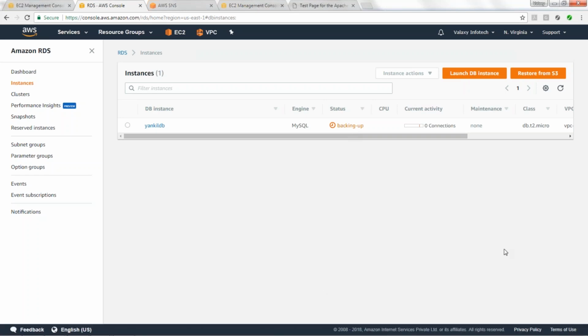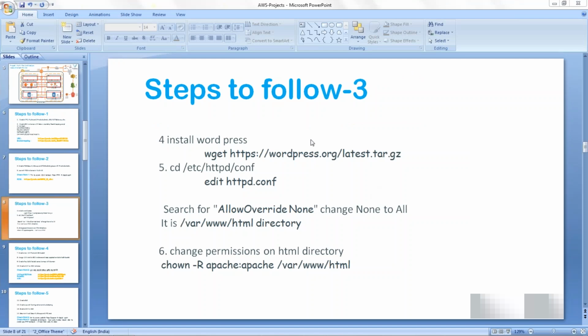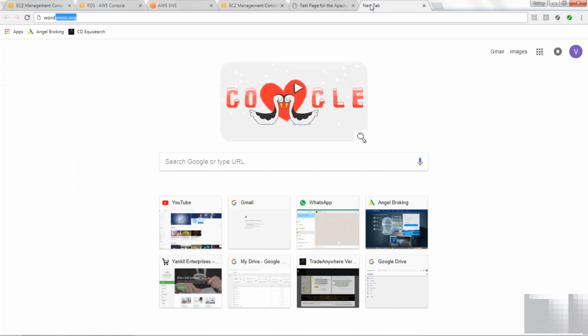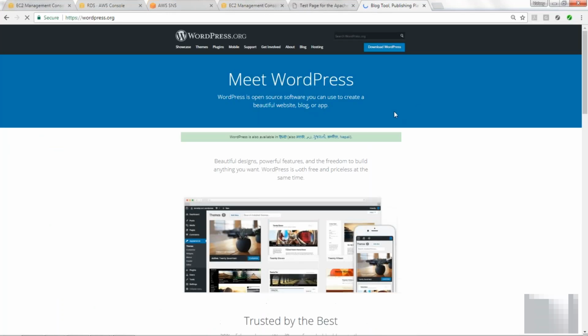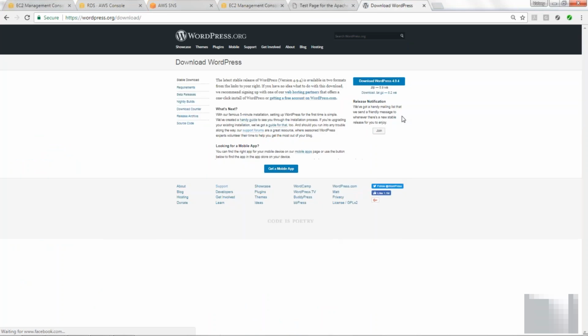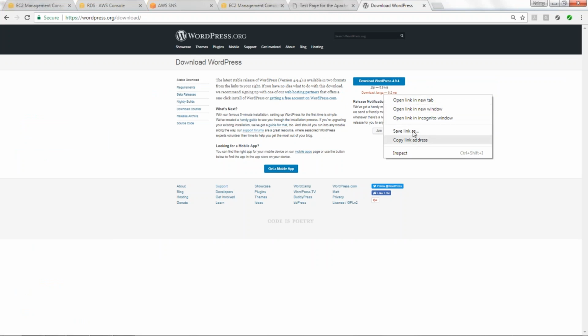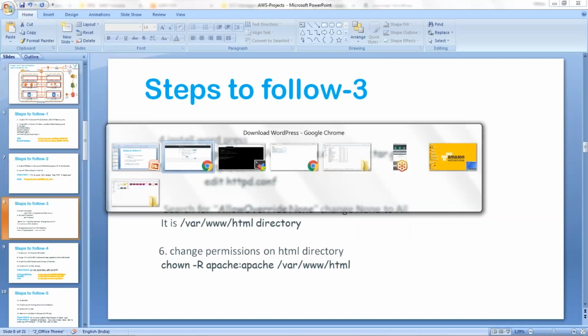Meantime, we'll set up our WordPress application. So these are the steps you need to follow. You can get your WordPress application from this website. If you want, you can go to wordpress.org. It is going to show you the download WordPress, and here you can copy your application. Copy link address. Sorry, this is for Windows. This is what we need to copy. So copy link address and